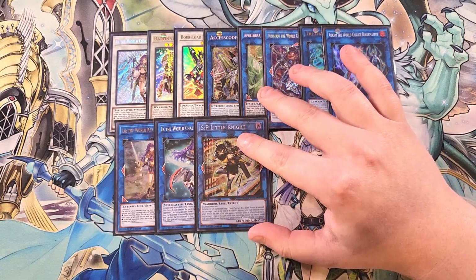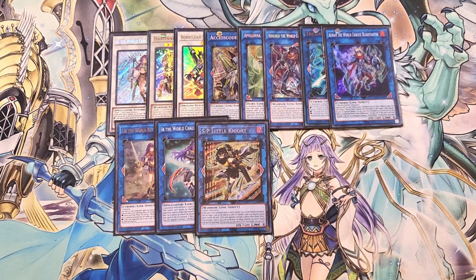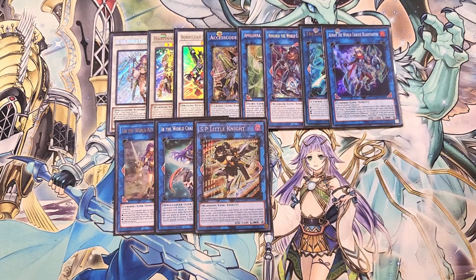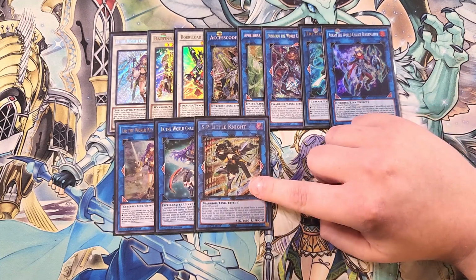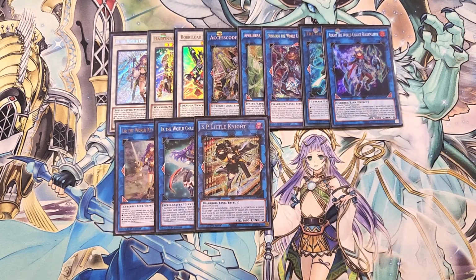SP Little Knight is insane in this deck. You don't have to play this card if you don't have it. If you just want to play this deck, you can drop this card for a Nightmare Unicorn, or even a copy of Mekk-Knight Crusadia Avermax is an option for you guys. But it's really a good card to be able to play in the deck if you do, because of its arrows, and it's a double interruption. But again, Nightmare Unicorn, Nightmare Phoenix, Mekk-Knight Crusadia Avermax, any of those cards can be substitutes for this card if